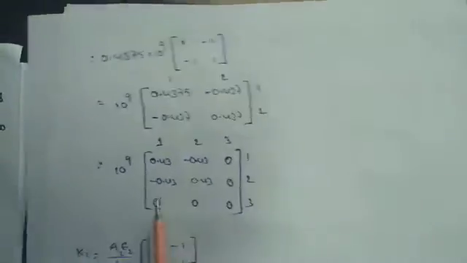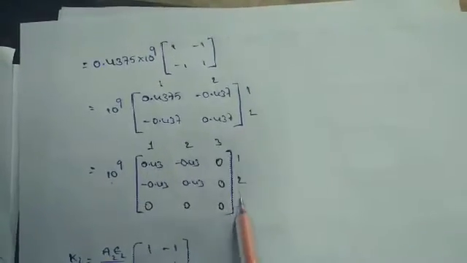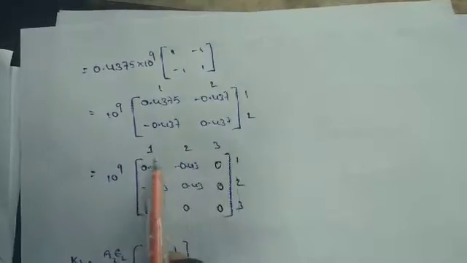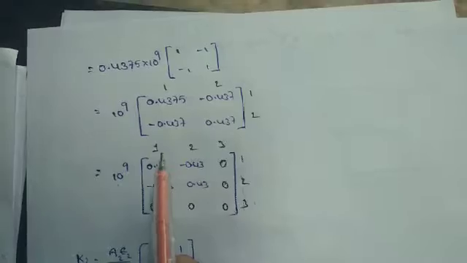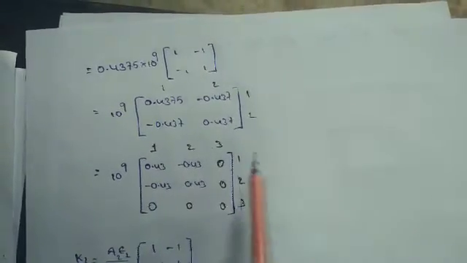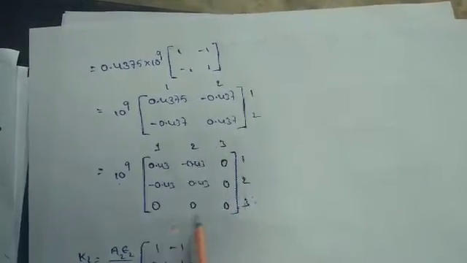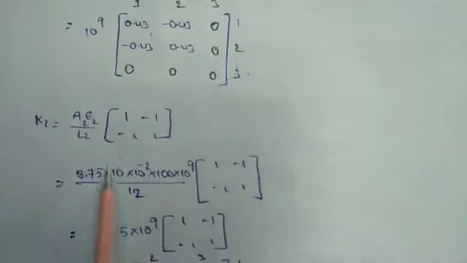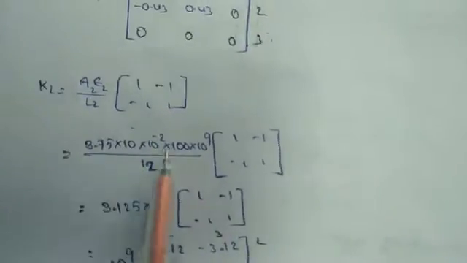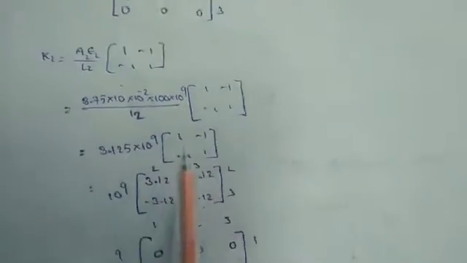Okay, convert this into a homogeneous matrix with 10 power 9. Open the bracket, meaning the matrix, and keep all the nodes on top and right side first. Firstly you have to write the node numbers on top and right side. Then here there is no node number 3, so you have to keep the third column and third row as 0, and the remaining entries are filled from the above matrix. Then the K2 matrix is also similar to matrix 1, so you have to use the same formula but the values are different. After calculating these values you got this matrix.